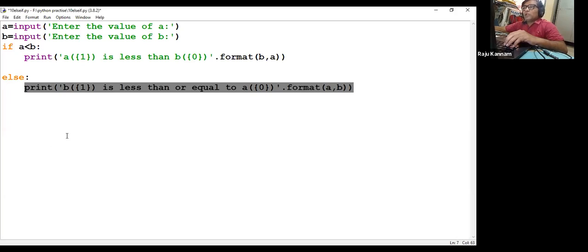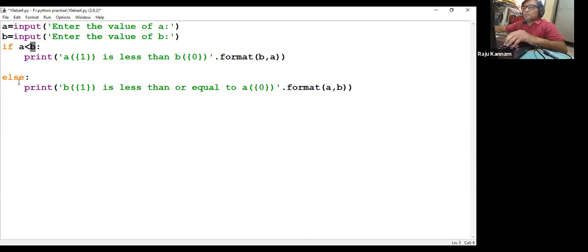If you want, I'll execute and show you. Since here we are testing only less than, if you give 10 in A and 10 in B also, 10 is not less than 10, the condition is not satisfied. When the condition is not satisfied, we will come to the else block. Again in the else block, we have to take care, of course, that we will see in the next program.